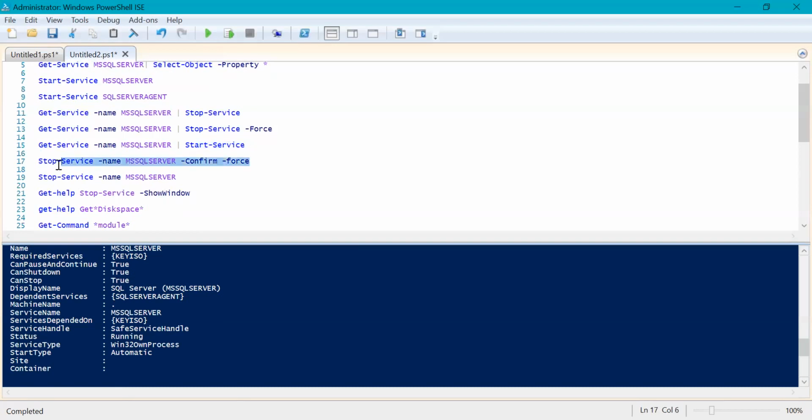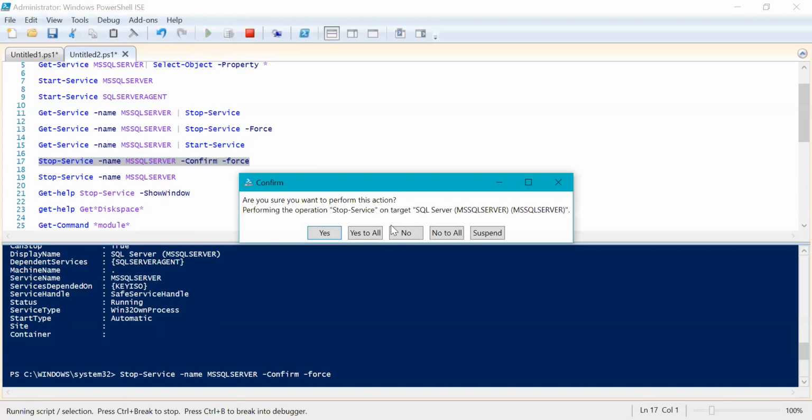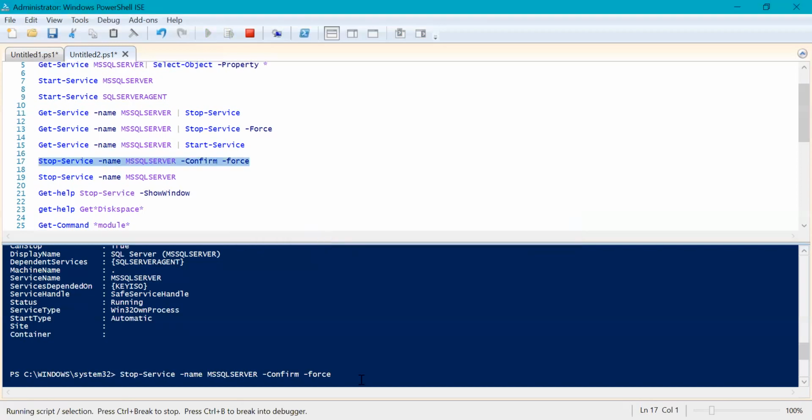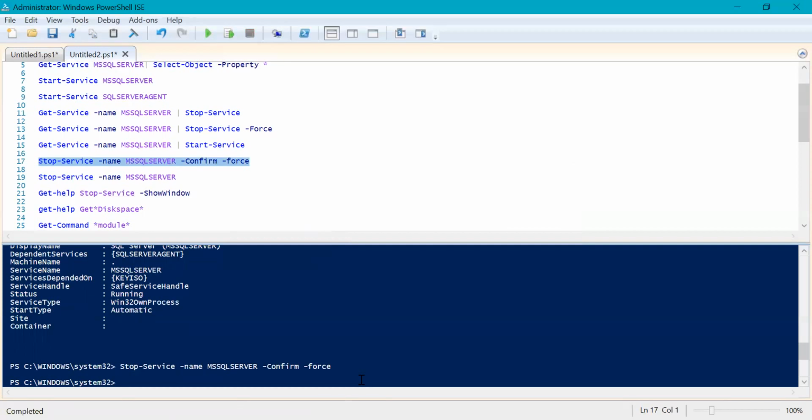If I execute this command now with the Confirm parameter, it will ask me, are you sure you want to perform this action? If you are performing multiple actions and you are sure you want to go ahead, you can click Yes to All, or if you want to go one by one, you can click Yes. Right now I only have one command, so if I click Yes, it will do the same thing. So let me click Yes, and it will stop the service for me.